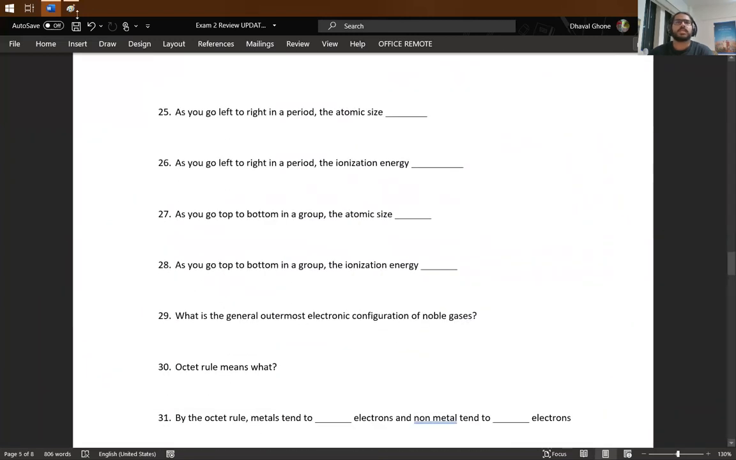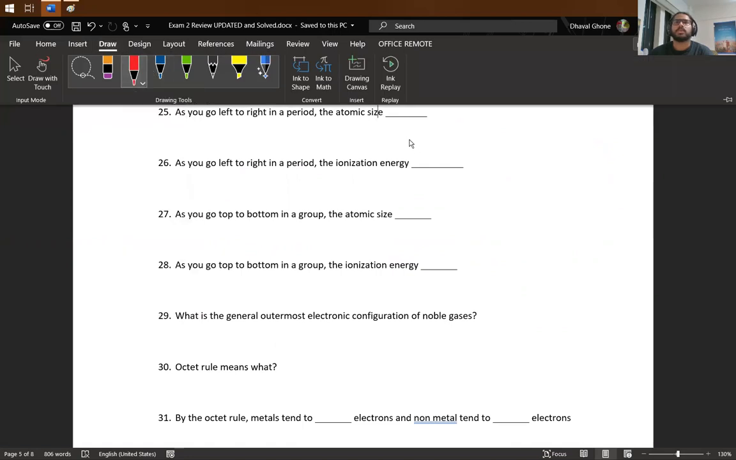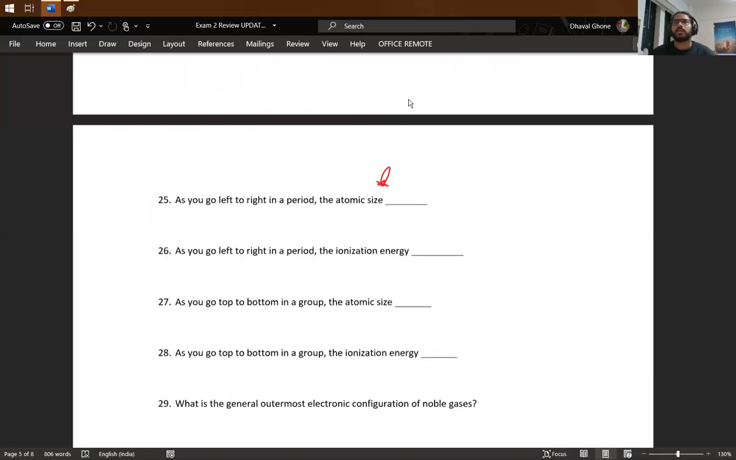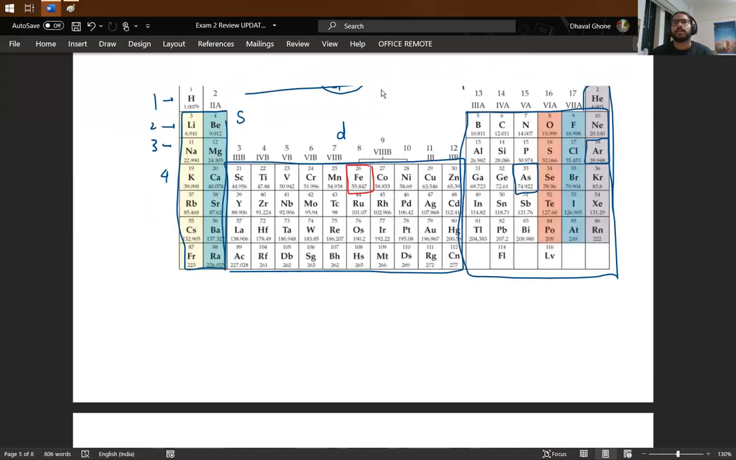Okay, the next question says, as you go left to right in a period, the atomic size blanks. So what happens to the atomic size as you go left to right in a period? A period is the horizontal lines, and as you go left to right, you keep adding new electrons to the same shell. Like if I go back to a question where I had written the configuration,